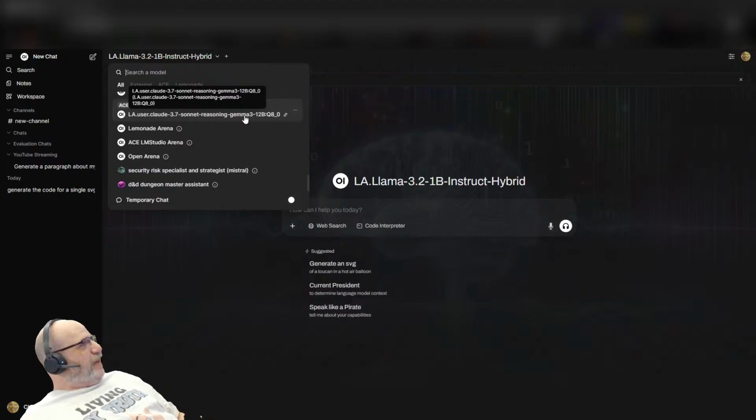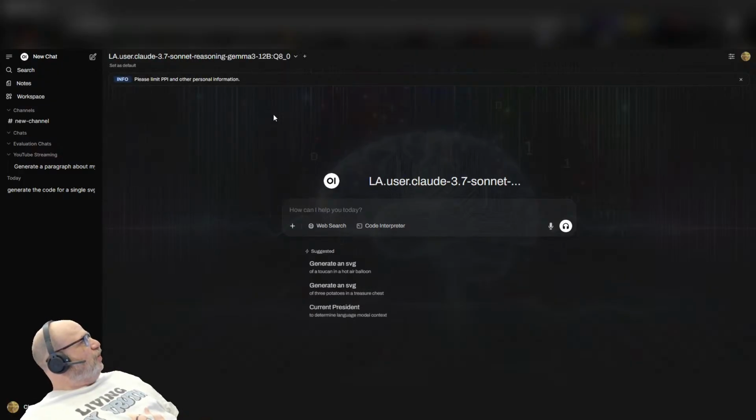It's not the best, but it's a fair amount. But Quant 8 is like looking at a 4K picture rather than maybe a full HD. So we're going to use this Quant 8 and we're going to ask it, with a little bit of 3.7 reasoning, we're going to tell it,